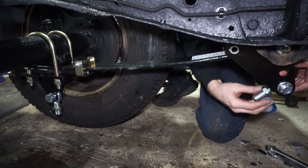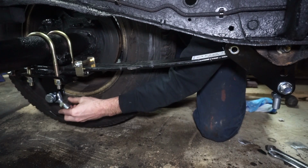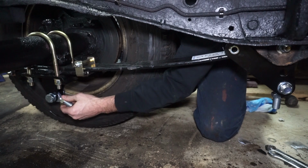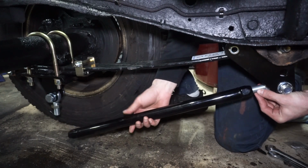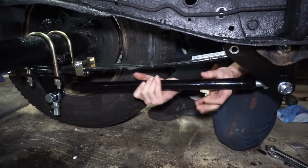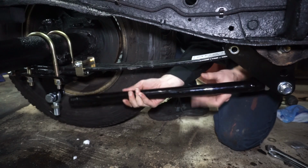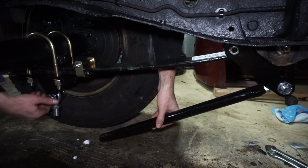Alright, so here we have these two nuts. One's going to be a right-handed thread, one's a left-handed thread. So I'm going to go ahead and back these things all the way off. And then what I'm going to do is thread the bar on. And I should have enough here to be able to thread that on, but I think what I'm going to